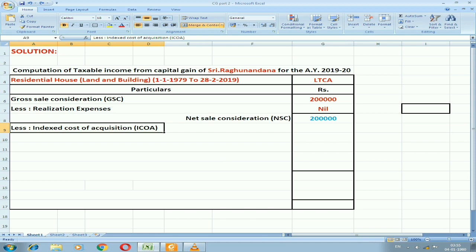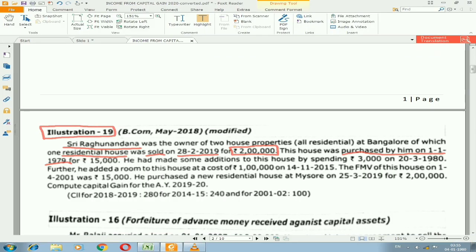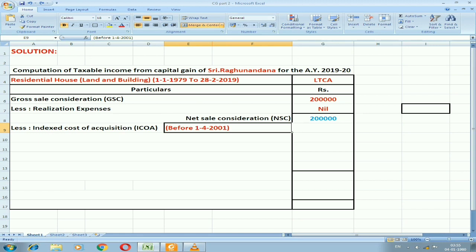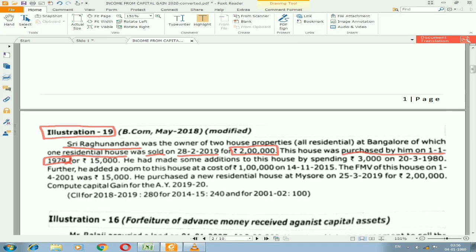We are supposed to use index because it is a long-term capital asset. So here you can see first we need to check whether it is purchased before 1/4/2001 or after. So you can see the date, it was purchased on 1/1/1979. So this was purchased before 1/4/2001. So you need to consider the original purchase date. So before 1/4/2001, I'm also entering that. If it is before 1/4/2001, I need to take the amount of purchase as well as fair market value. Amount of purchase on that day is 15,000, and also I need to take fair market value as on the